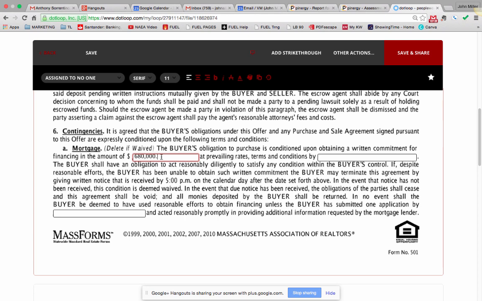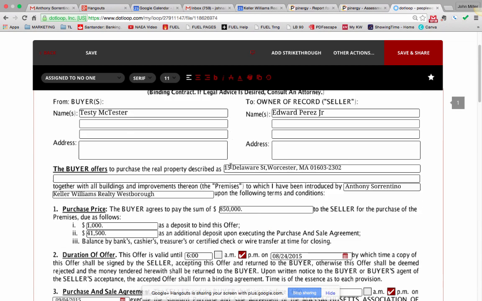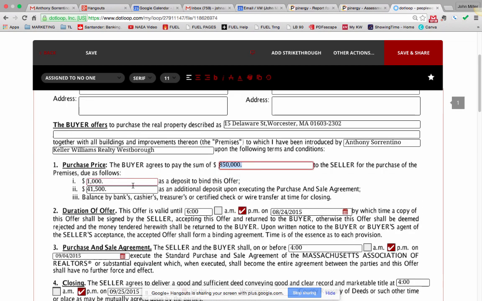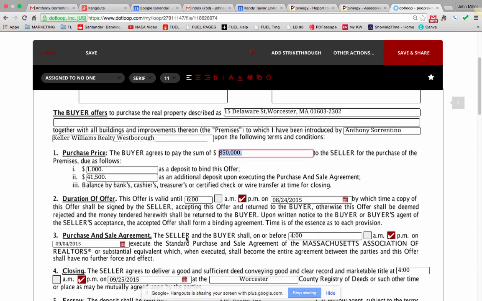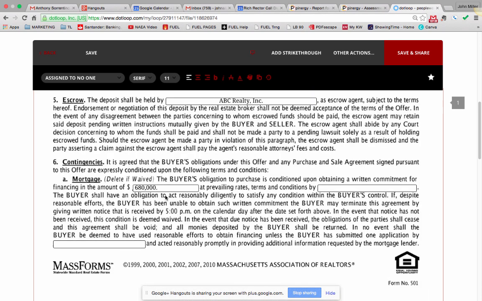It's not from a checking account, obviously. It's from the mortgage company, right? Right, exactly. It could be wired directly to the seller's account. So now the balance is $127,500. When you take $850,000 minus $42,500 for your deposit that's applied to your purchase price, plus you're putting 20% down as a down payment on the property, and you're borrowing $680,000, when you deduct that, you have a balance of